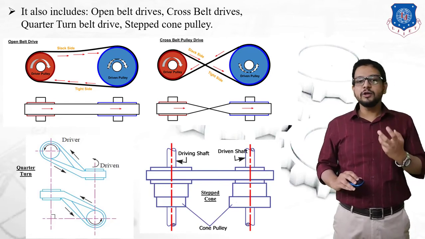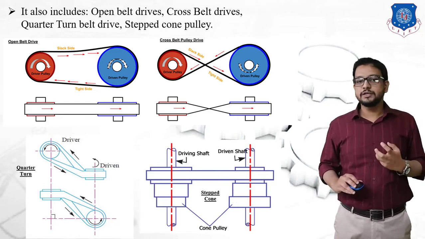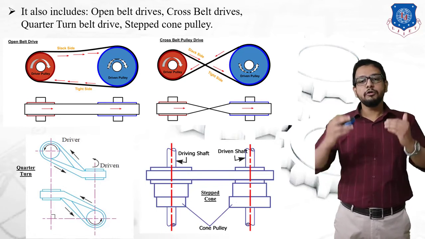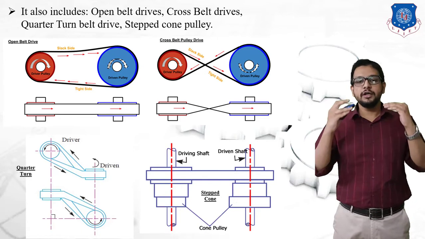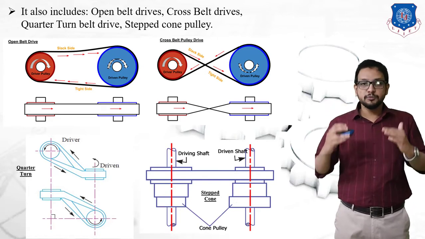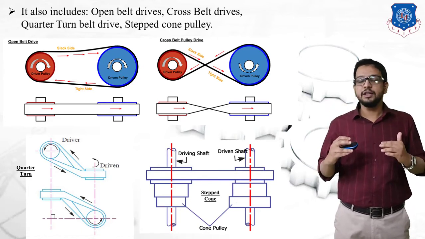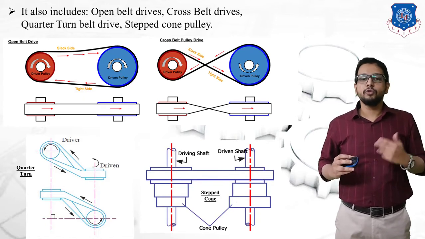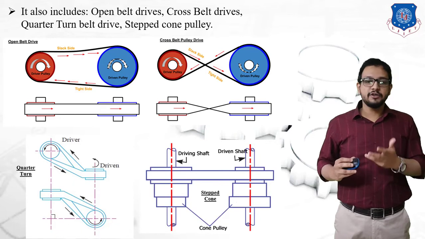Whenever we require to run both the shafts at the same speed, what are we going to do? By making use of a belt shifter, we shift the belt from the initial position to the middle position, from the first position to the second. There you can clearly see that the sizes of both the pulleys are the same, so both are going to run at the same speed, that is, the driving shaft and the driven shaft.